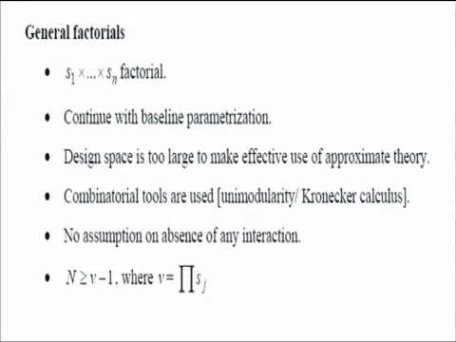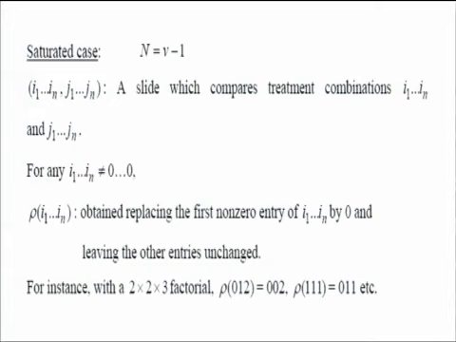and we are not making any assumption about the absence of any interaction, and as a result the minimum number of slides is V minus 1 under the absence of dye color bias. Now, we first look at the saturated case, n equal to V minus 1, and the notation is described here,